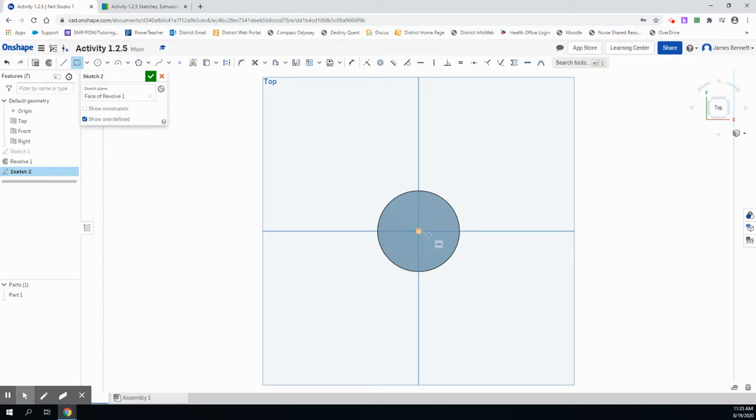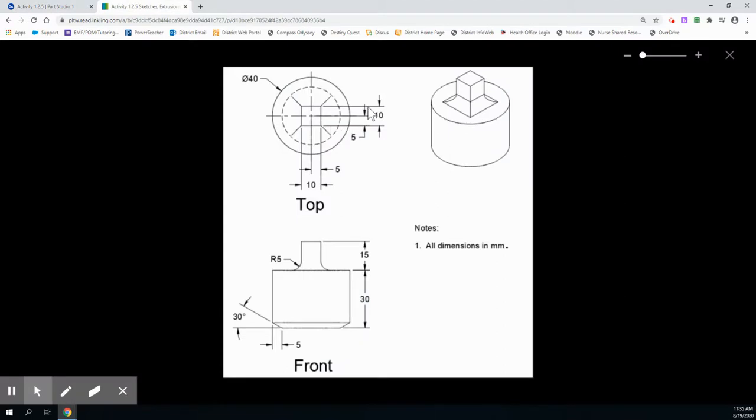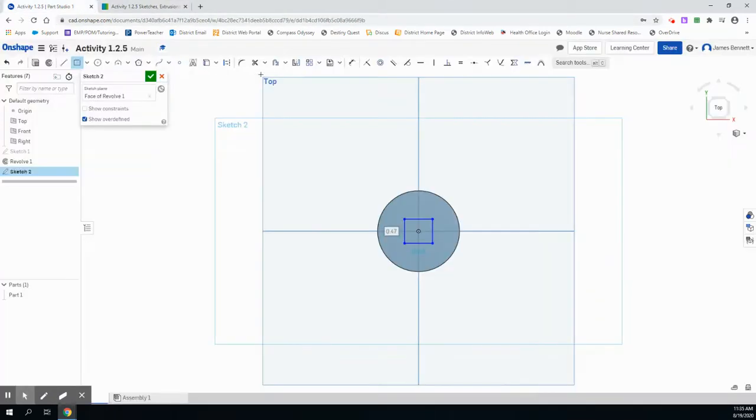Again, I'm not going to be concerned about the scale and the dimensions just yet. I'm going to use the dimension tool to do that. But since I'm able to start at the center, I know this is centered on my figure. I'm going to go back to my sketch and I see that it should be 10 millimeters by 10 millimeters. I'll go back to Onshape, select the dimension tool, and dimension this side